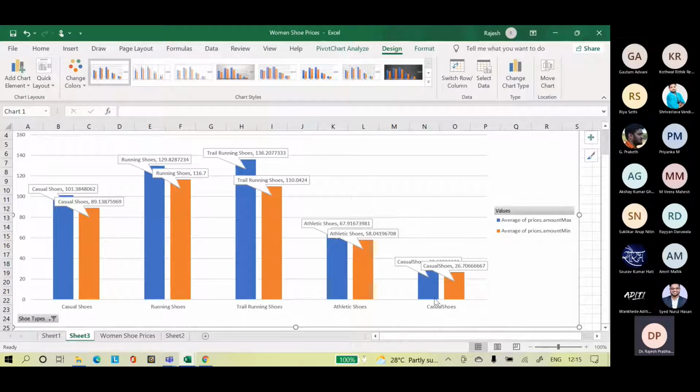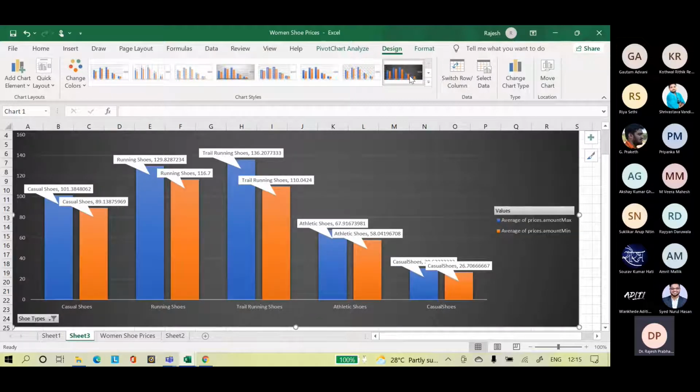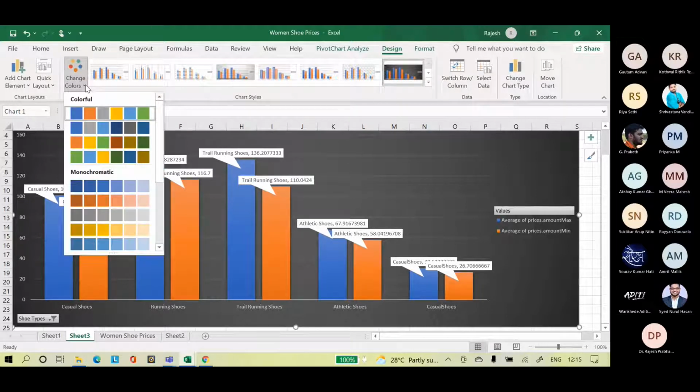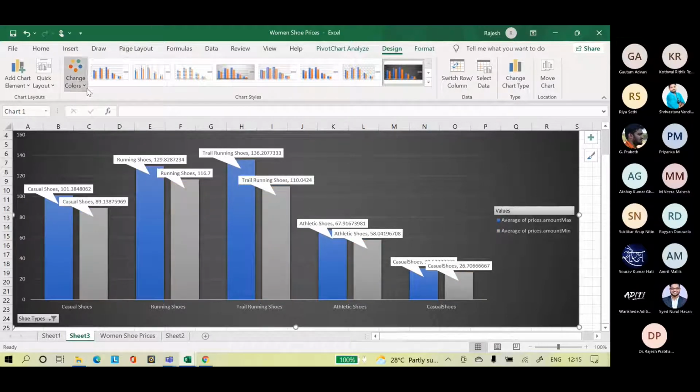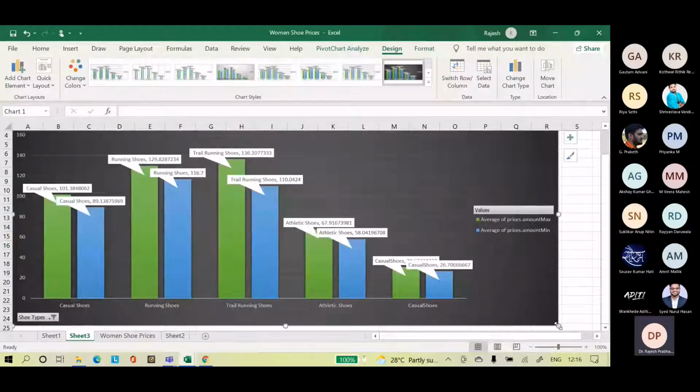So this is a graph comparing max and min average prices.